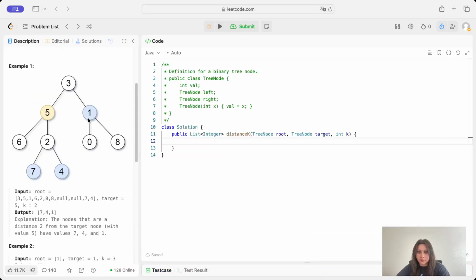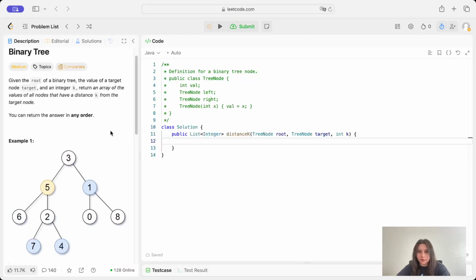So basically, we have a little bit of a problem here, right? Because if you guys remember, in a tree, we can only traverse using node.left or node.right, and that will bring us to the left or right child node of this parent node. But in this problem, we might need to traverse up, right? Except for like in 7 and 4, we would traverse down, and that's no problem. But for like to get to 1 from 5, we would need to traverse up, and you can't possibly do that in a tree. So to get around that, we're going to have to convert this tree into a graph